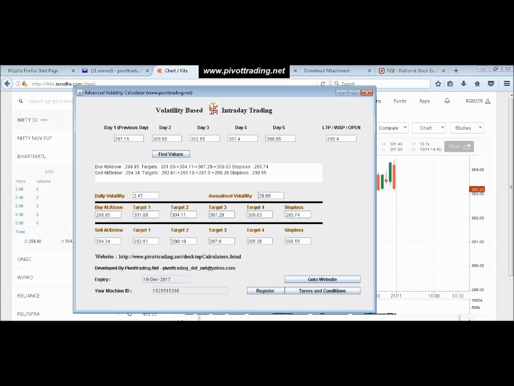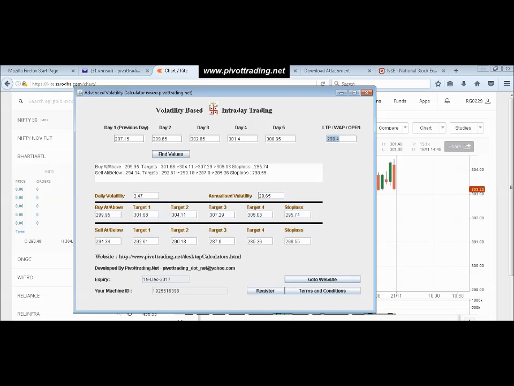have to be identified. Now, one thing which I left incomplete was the LTP part. When to use LTP in this column? Regarding LTP, you can use it anytime during the day. If you're using it in the first 15 to 30 minutes, opening price or average price is advisable, because in the first 15-30 minutes the volatility is more, that is, the price movement or the ups and downs are quite high,